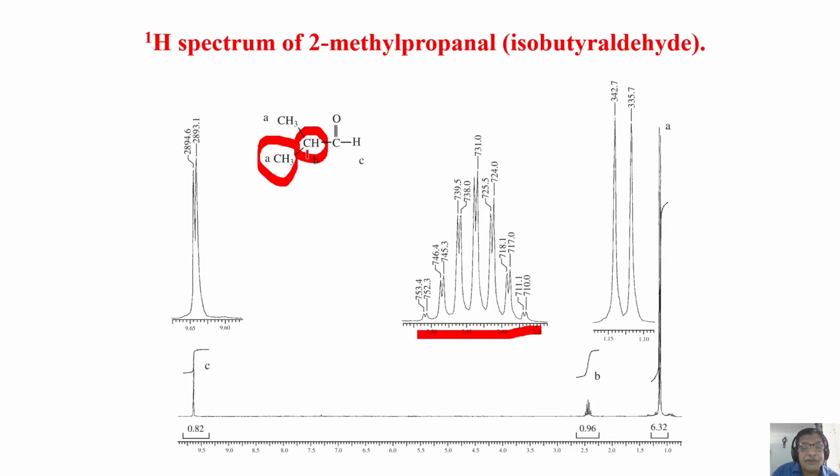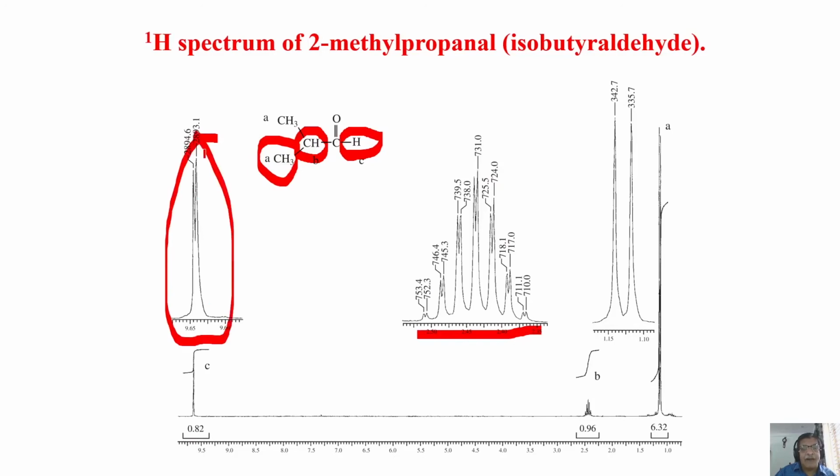Plus this CH proton is also coupled to this CH proton. There is a coupling between them, because I can see this one. If I look at the expanded region of this one, somewhere, I don't know where it is. I'm not seeing something here. I will come to the spectrum of that later. Now we will look at this one. This has to couple to this, and as a consequence, each line of this quartet will be a doublet.